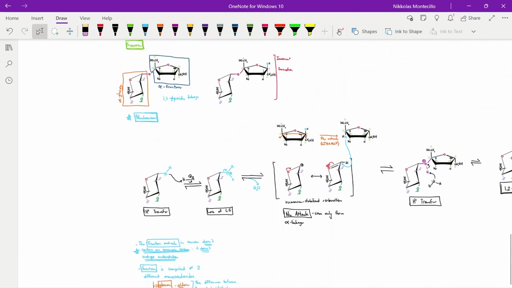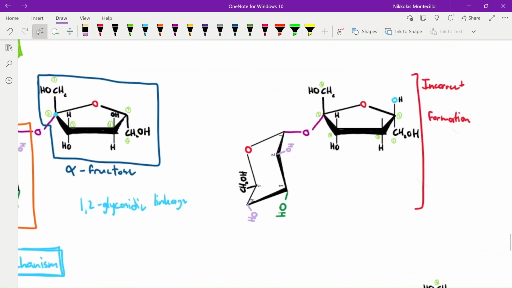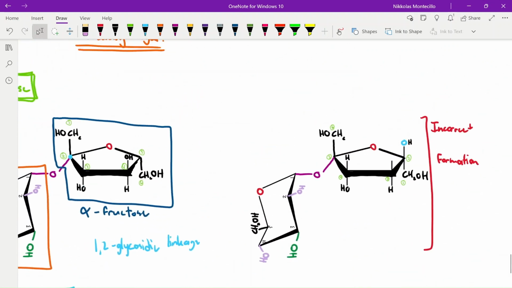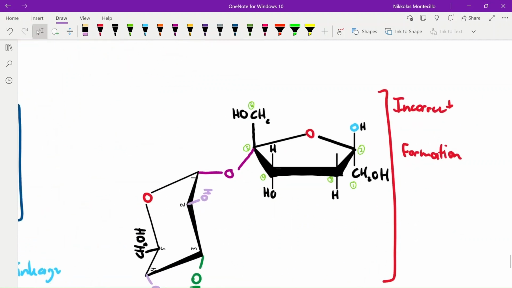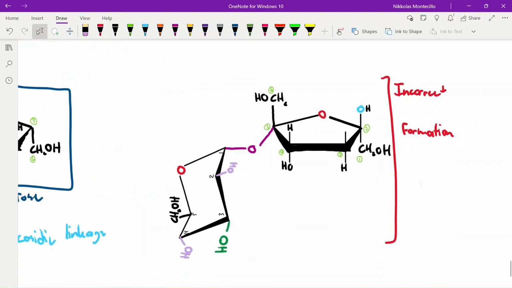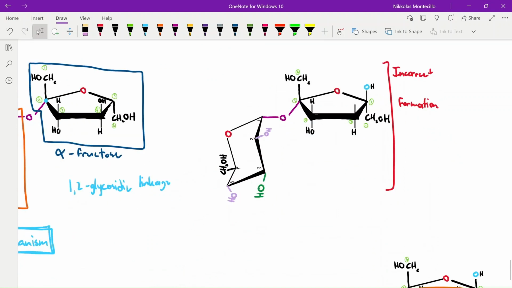That's essentially it. I don't think there's much else to cover. And the reason why I wanted to clarify that this is not the correct way to represent the molecule, or to accurately depict the molecule, is because